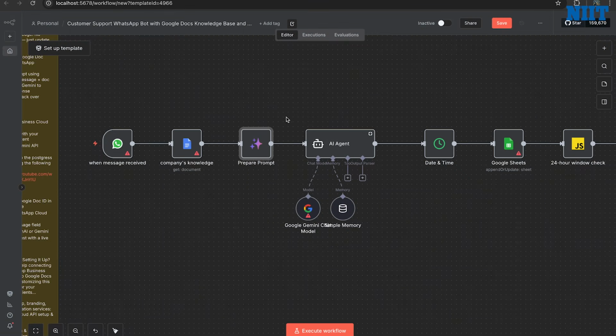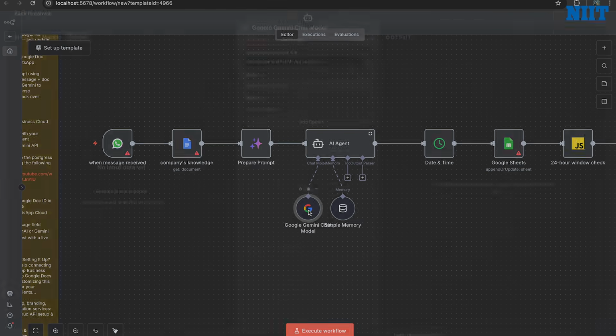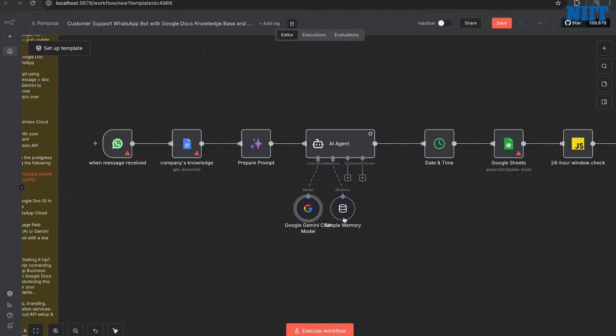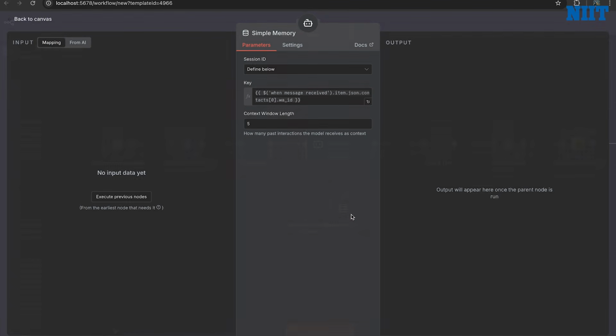And after that, we now proceed on to the main branch of the workflow, or the brain of the workflow, the AI agent node. And this node has two inputs connected to it. We have my Google Gemini chat model, and you also have our simple memory node. So the memory node allows the AI to remember the previous messages within the same session. That means if the customer asks a follow-up question, the bot can respond in context and not like a blank